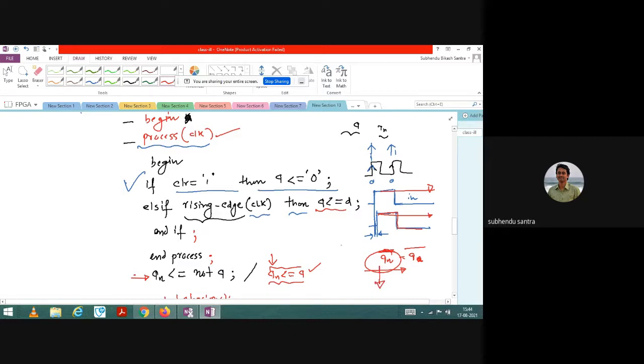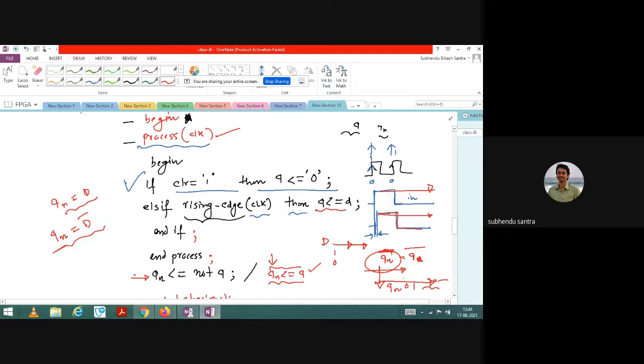It is just opposite to the d. That means d is the input, and qn is the output I have taken in this program. For a d flip-flop, qn equal to d is what you want. But unfortunately for this program, you are actually getting qn equal to d bar. So whenever there is a 1, you will have 0, just the opposite. In the program itself, in the outside world, you can directly write a NOT gate and solve this issue.